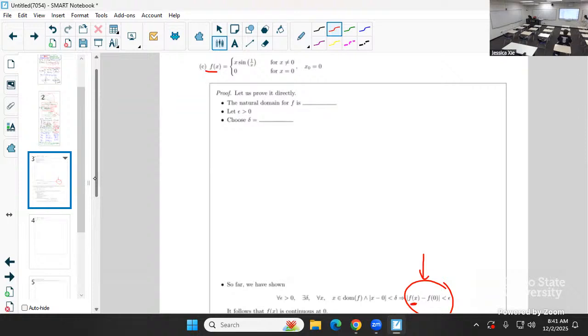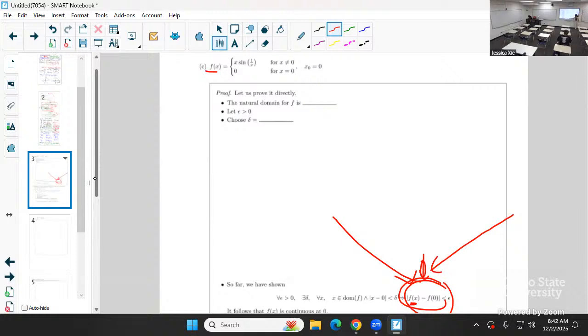For x in the domain and |x minus 0| less than delta, to show that. So think about that. How to do this? This is a brainstorm. So here, first of all, you have to think out what is f of x. But the f of x is a piecewise defined function of two pieces, right? So basically, to show this one, you would have to consider two pieces because there are two pieces.